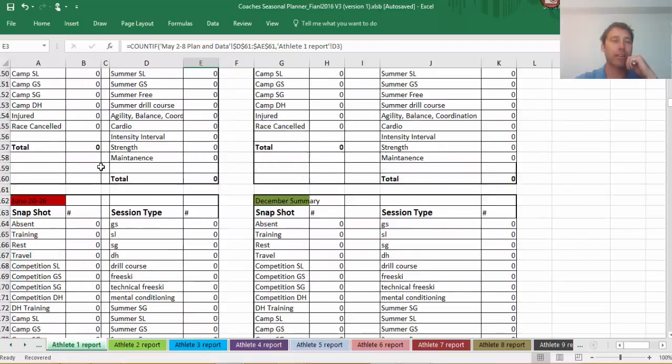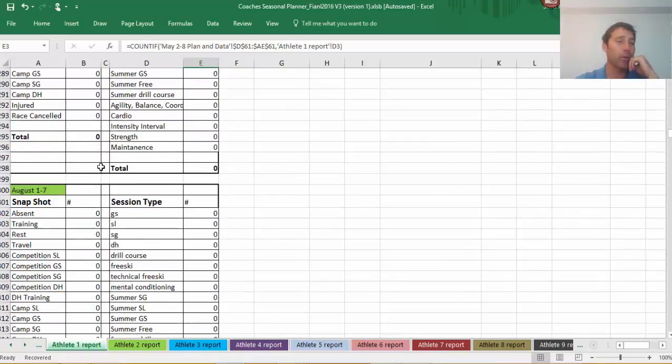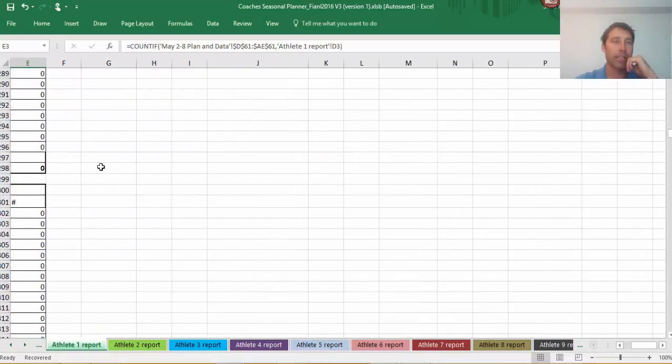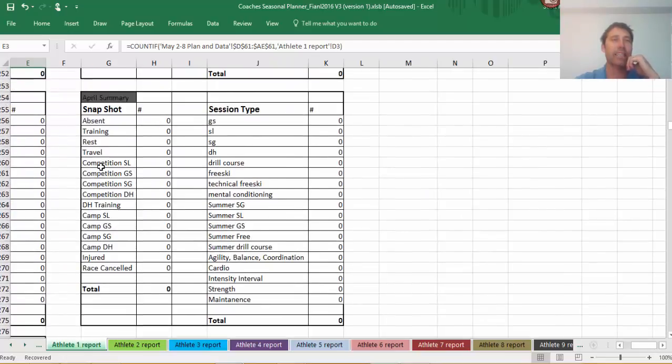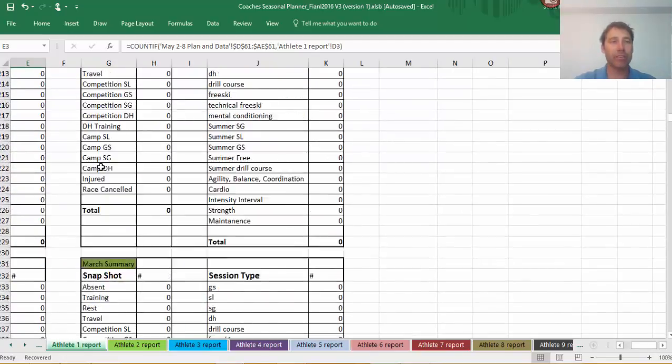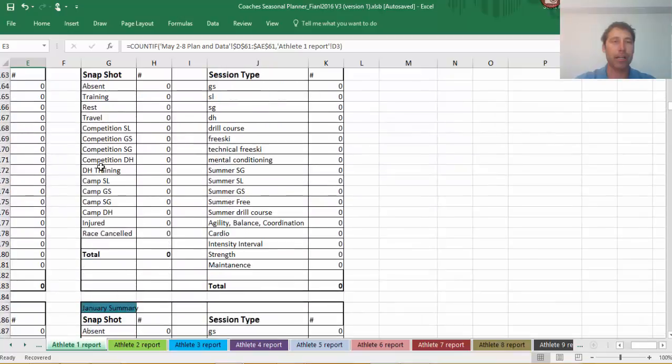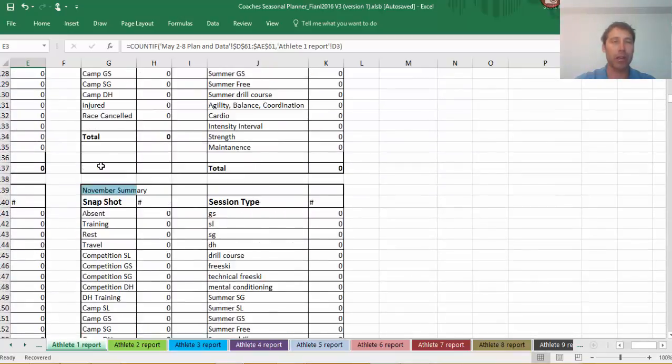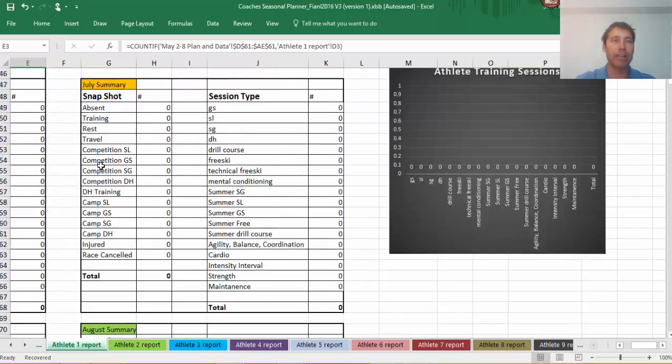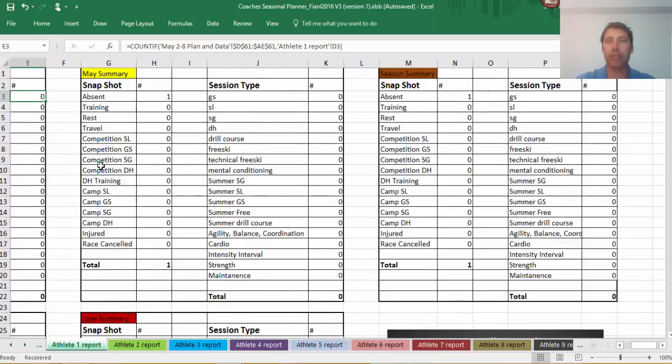Now, are you going to go back and reference each week? You could if you wanted, but what I've done is taken and consolidated each week into a monthly total. So you can use that for sort of broader brushstrokes than the week. And then, of course, you have the season summary. This gives a